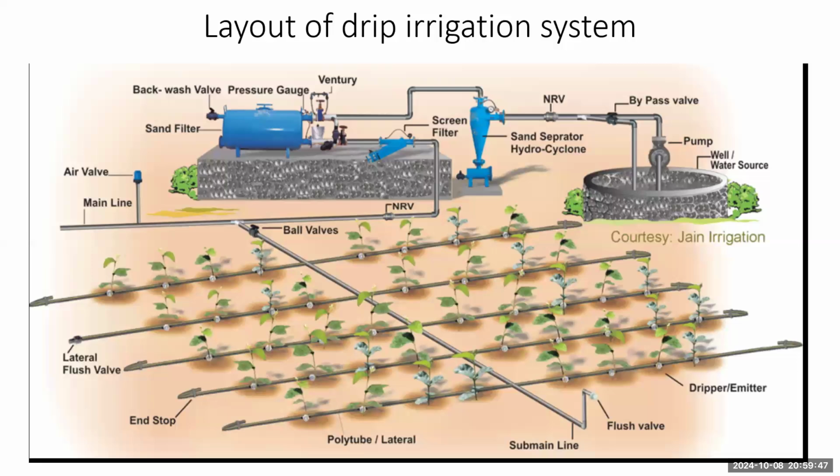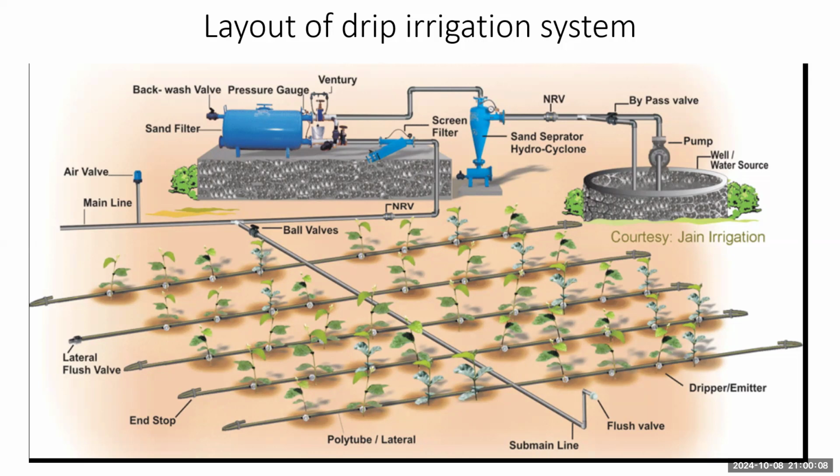Fine particles of sand are separated here, and comparatively clear water passes through. Then it reaches the sand filter, and from the sand filter it is connected to the main line,